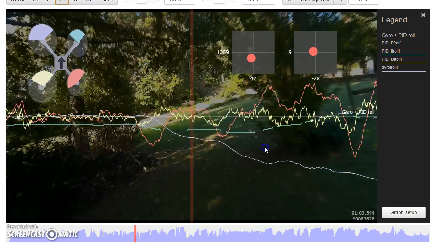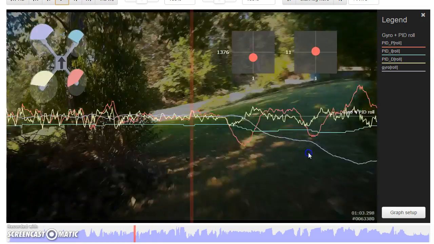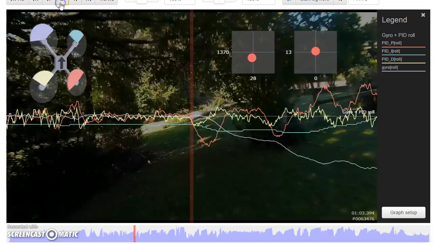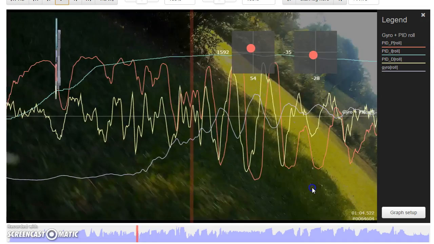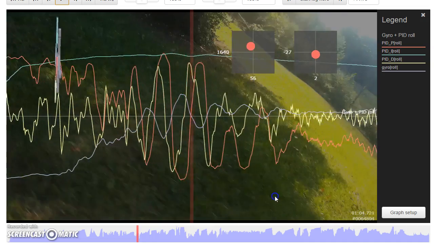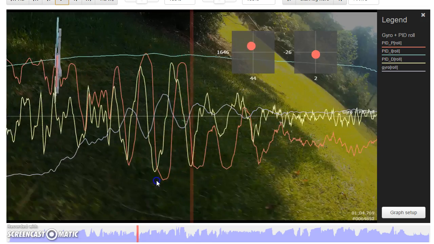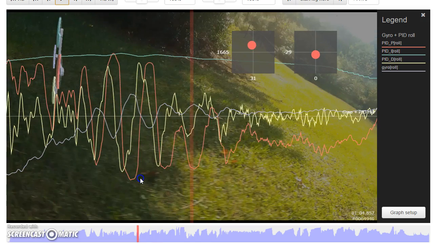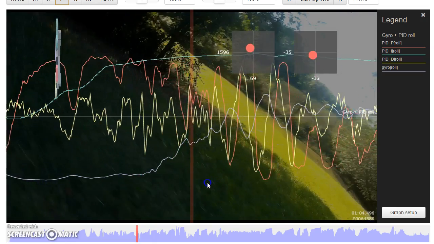But we get then to a scenario like this, where I'm going around this turn, and watch. Now that was pretty subtle, actually, as prop wash goes. That was not too bad. But again, we can really see here, there's this moment where the P term is really flipping out. How's my throttle there? 16, 16, well, it's already really past that point. 15,